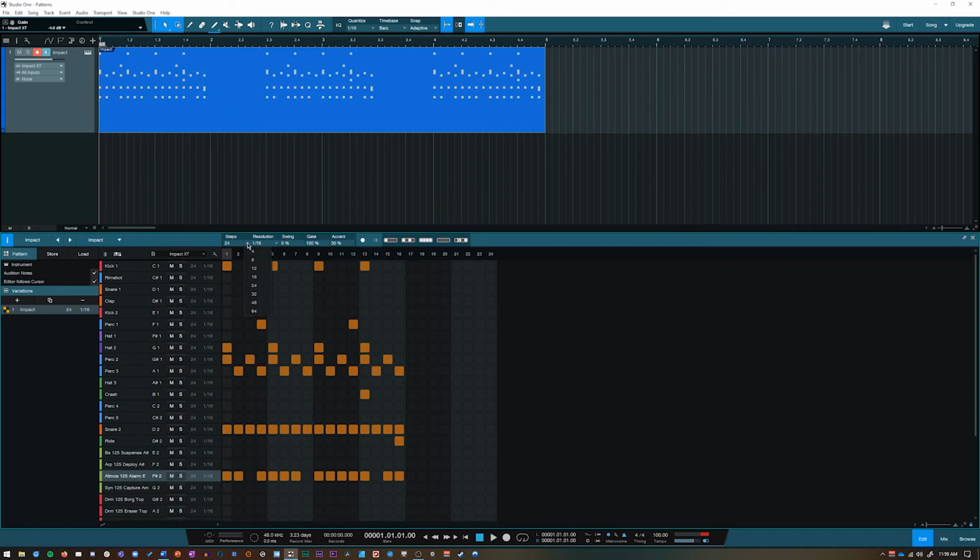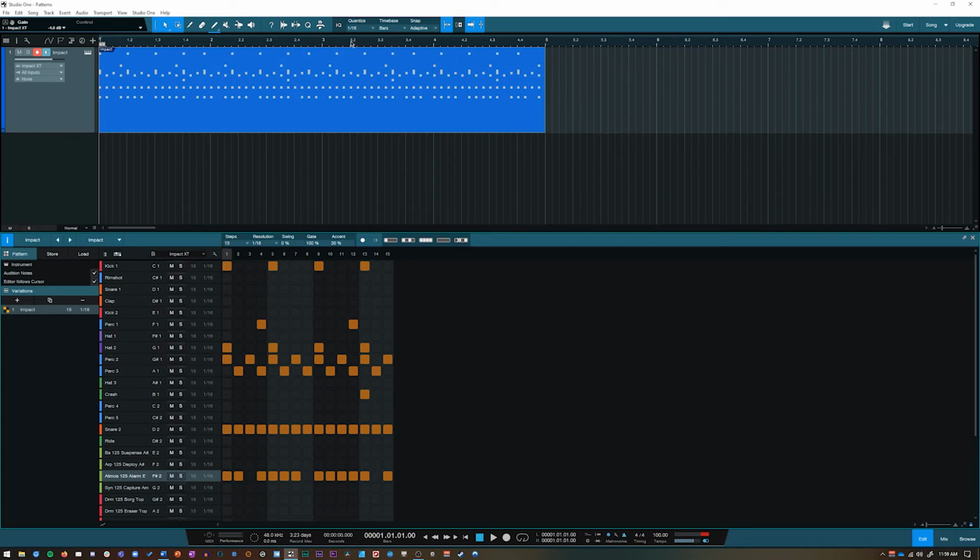What I think is really fun is to do a number of steps that is different from your meter. Like if we have 4/4 time where we have 16 16th notes, you can just double click to choose, and what if I did like 15 steps? Well, now it's going to constantly be moving in and out of sync with the overall time signature of my piece, and I can create some really cool rhythmic effects, but I could also do that at a smaller